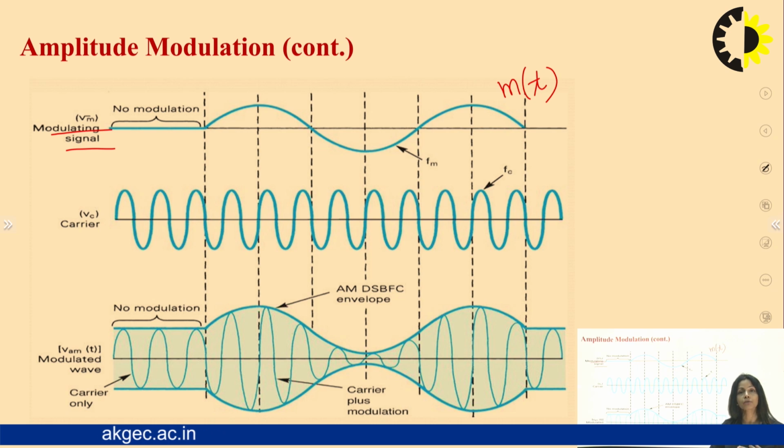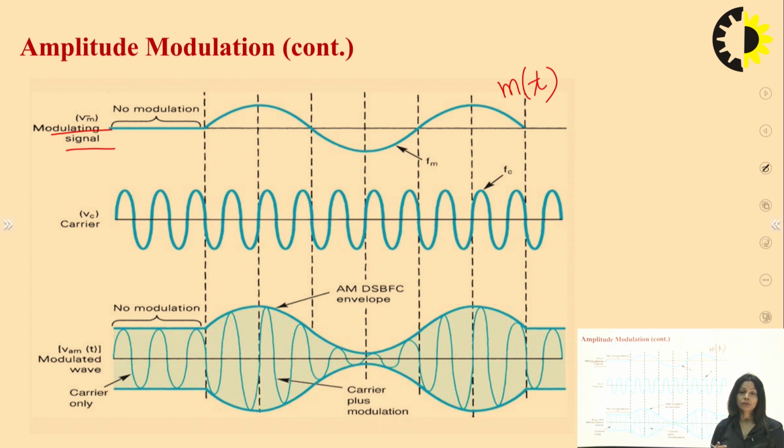So here we are going to take one more signal, a carrier signal, which should have very high frequency, right? So here we have taken this carrier signal. Now we have two signals: the first is the modulating signal and the second is the carrier signal c(t). Now we will do some operation on these two signals, and that operation, which we would like to understand, is known as amplitude modulation.